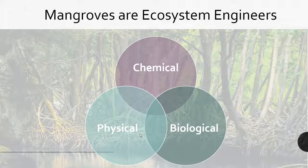The chemical aspect of mangroves is how they grow so prolifically, and all of the branches and leaves falling off. They end up sinking into the water, and it creates an anoxic zone. Yeah. And biologically,